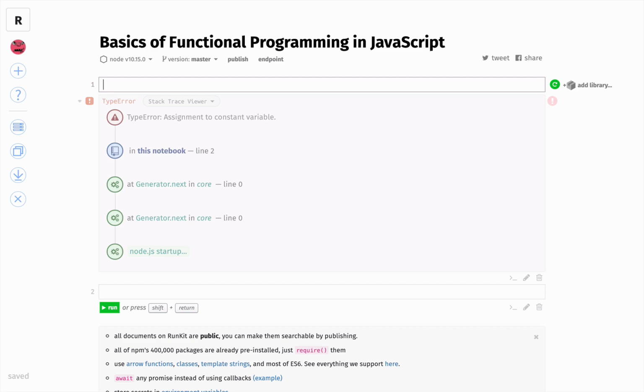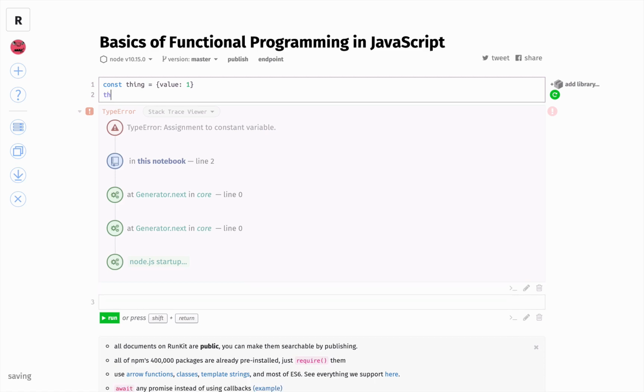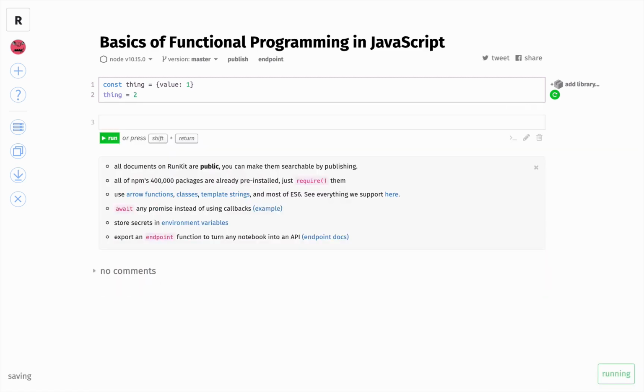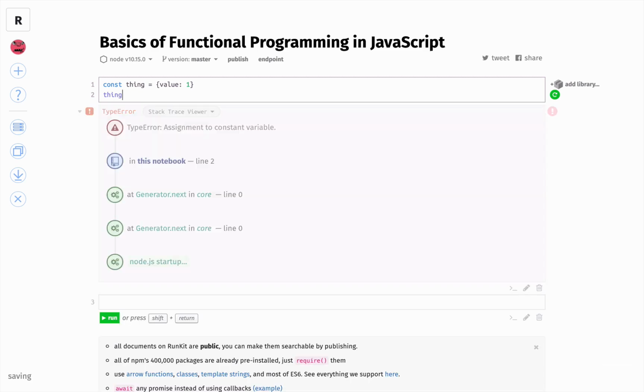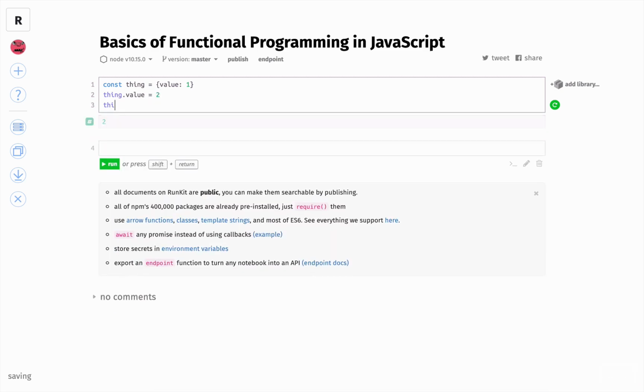Right. So, sa JavaScript, kahit na gawin mong something like this, thing, value, 1. Kahit na const siya, yung hindi mo lang pwede gawin is, do something like this. Yun, di yan pwede. But, if you do something like this, it's possible. So, ano yung problema dito? Yung problema dito is,